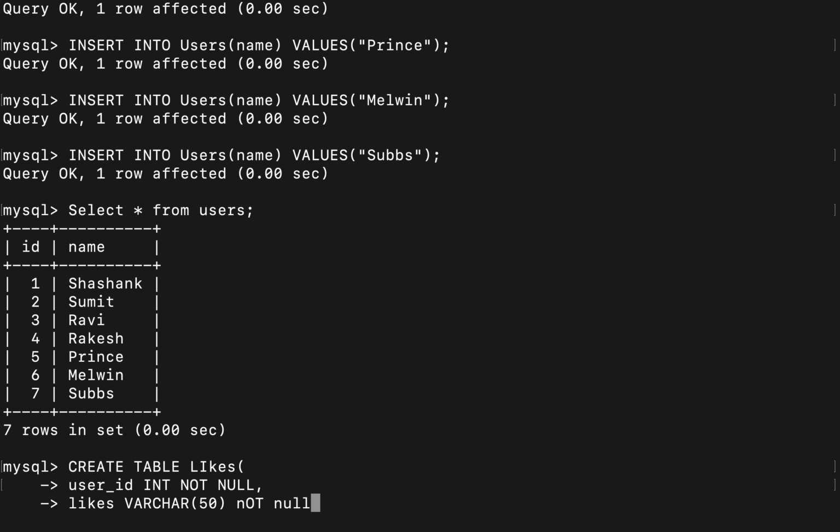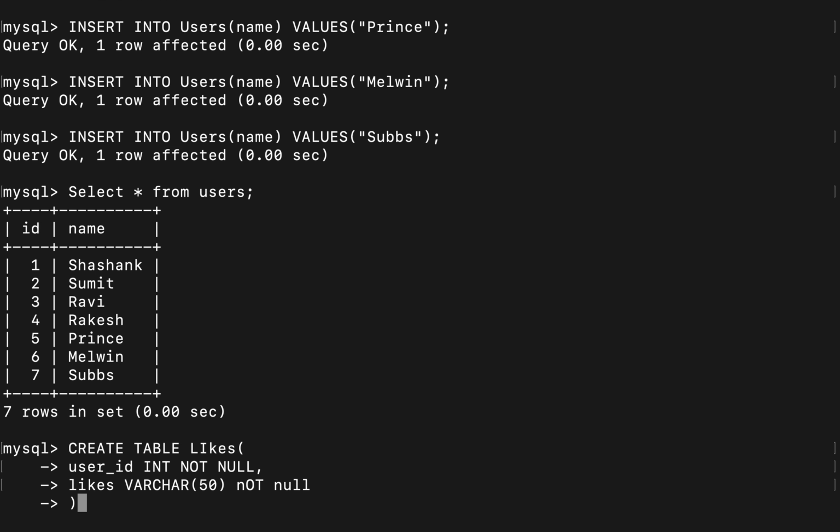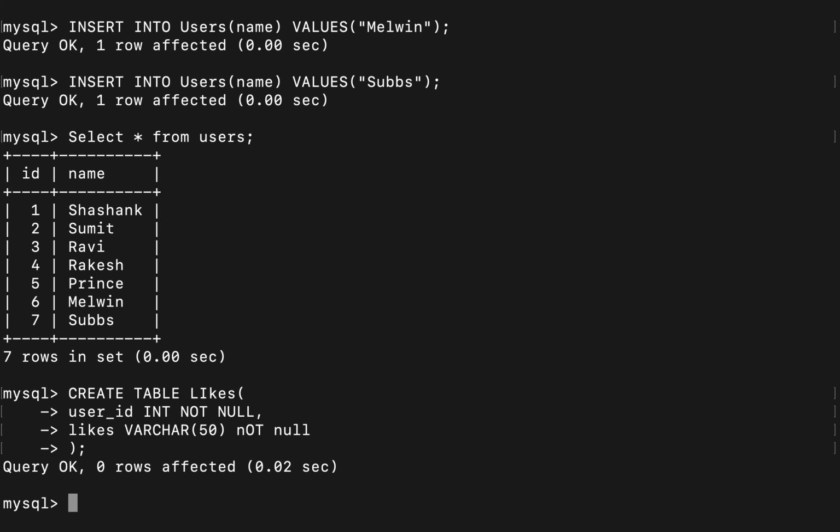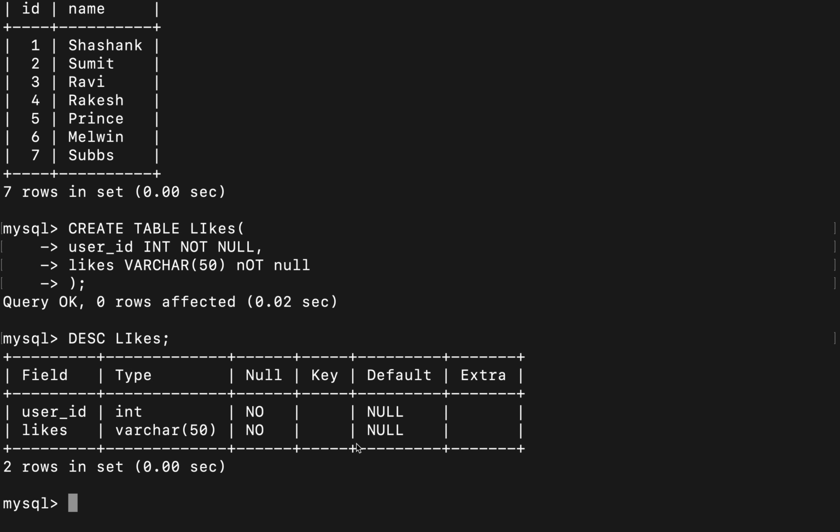SQL is case insensitive, you can write anything. That's the best thing I like in SQL. So here I have not made any primary key, so if you see, it's like this, right?